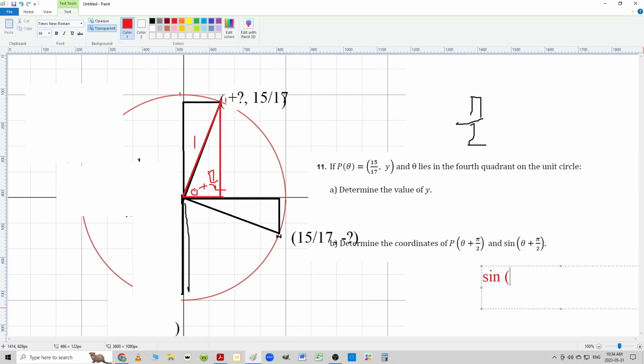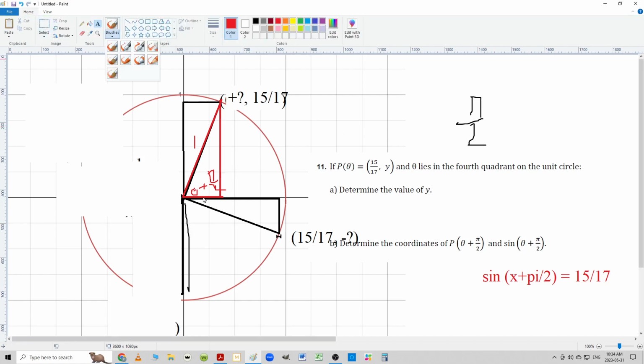The sine of theta, I'll just use x, plus pi over 2, is equal to the y value. It has to be because we're measuring against the x-axis always. And yes, even though this angle here is rotated there, the sine of that angle is always measured against the x-axis. So this is the triangle we're actually measuring. Now, it still is 90 degrees, right? That went from there to there is 90 degrees. Now to answer the coordinates,